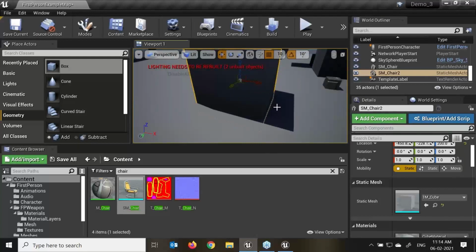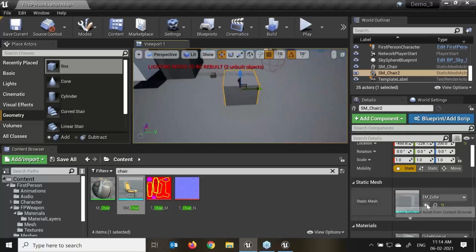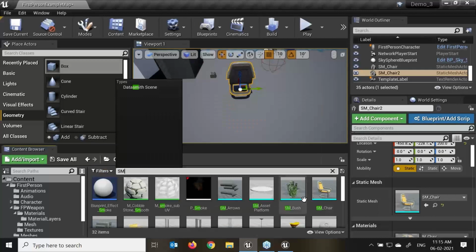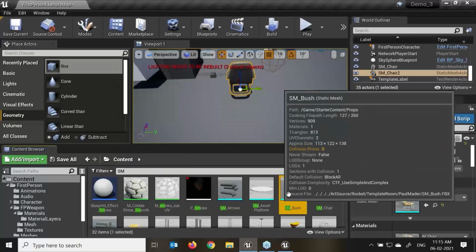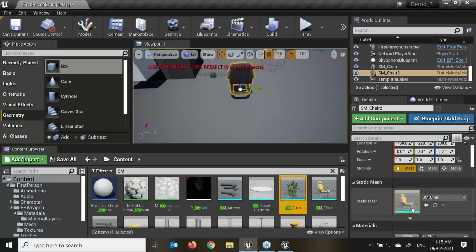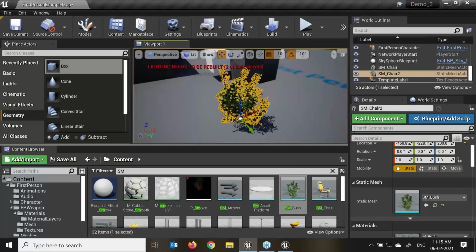So when we talk about the static mesh, we can change it. If I click over here, it will show me the directions. I just need to select any of my objects, for example SM. If I want to change into this, I select my actor and click on this arrow, so automatically this gets replaced with the same character.